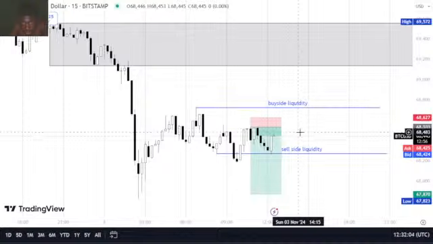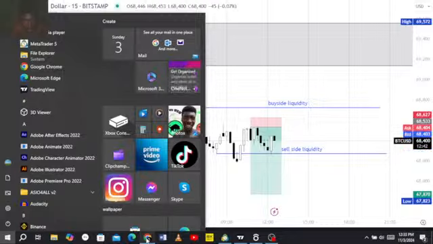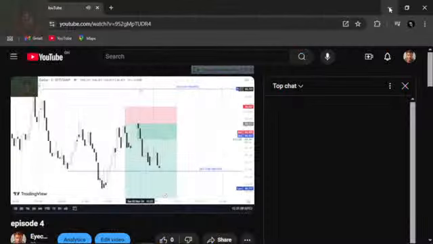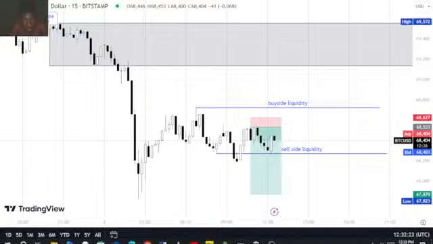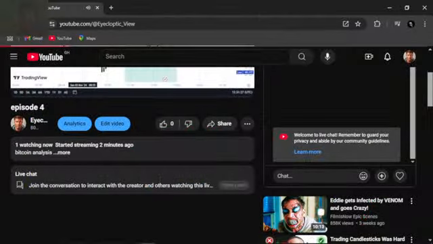There's the buy side liquidity, there's the sell side liquidity. Price broke to the downside, which is the sell side liquidity, meaning a change of character. So we waited for a retracement back into this buy side liquidity. Then we took out the trade. This trade led us